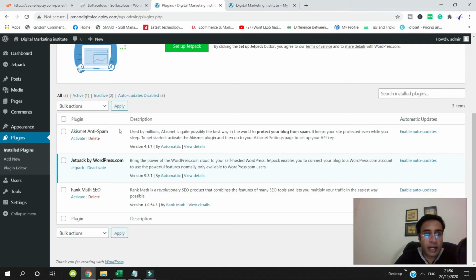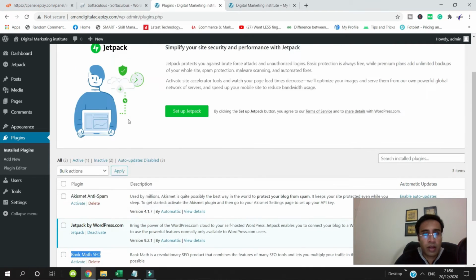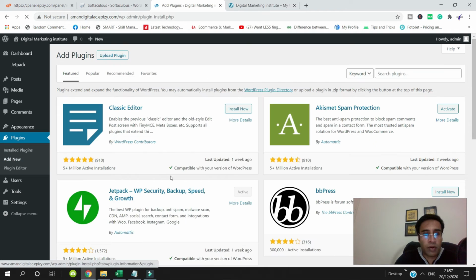Akismet Anti-Spam. Another plugin I have to install is Rank Math. Why we are installing Rank Math, and what the uses of Jetpack and Akismet are, I'll tell you. Akismet is for spam protection.